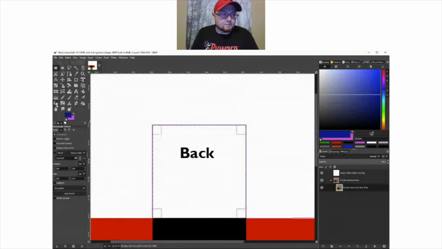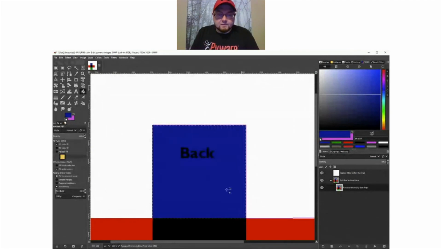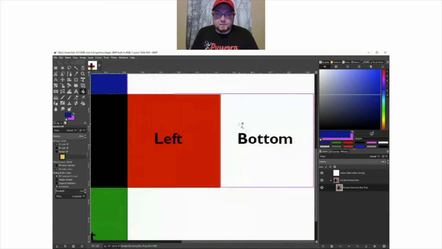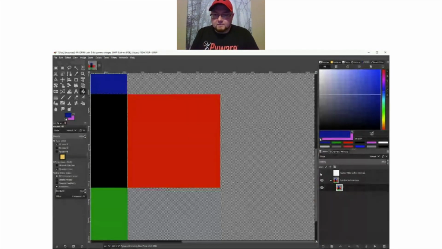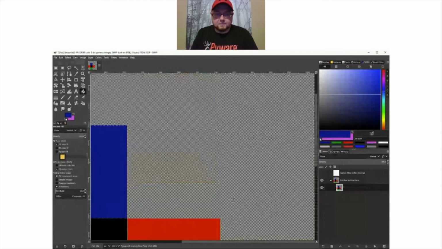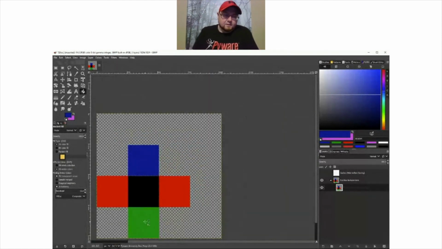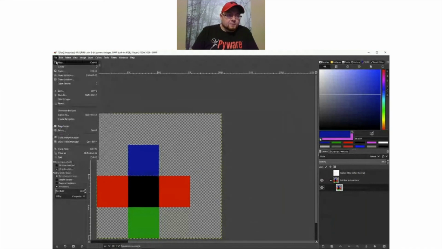Fill that in. And I'm just going to leave the bottom of our box clear. All right, so I'm going to turn off my guides. So now what it looks like is I have my front green, back blue, top black, left and right are red. I'm going to do my export